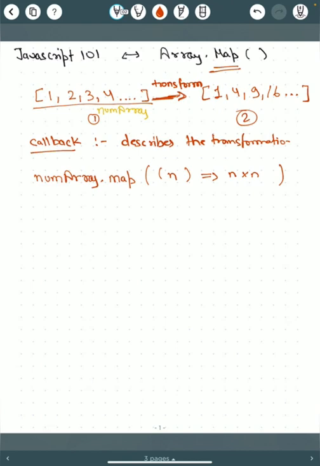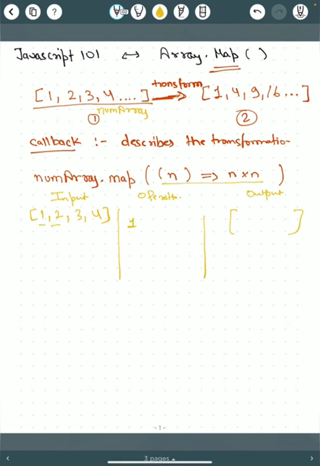So the way this operation will work out is this. Let's say you had this array here, 1, 2, 3, 4. Let's just take these 4 indexes and this is your result. So this is your input, this is the output, and this is the operation. What's happening? Array.map will create an empty array and whatever callback you passed in, it will call that function with each of these values.